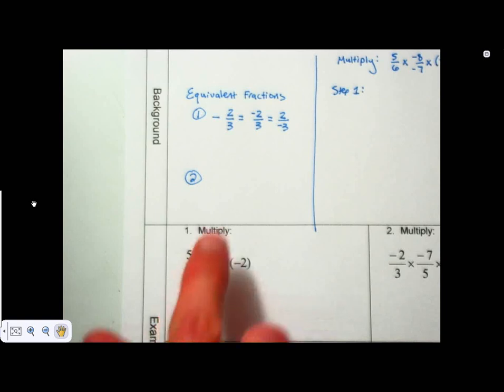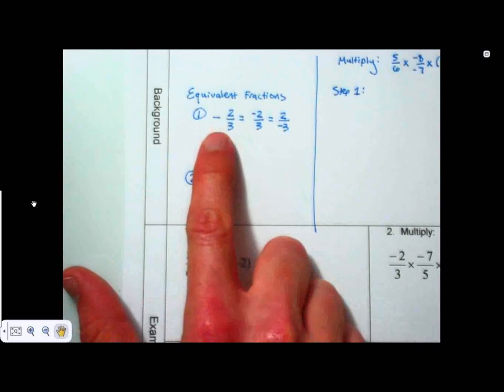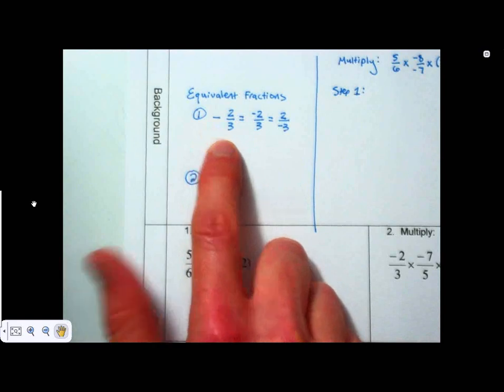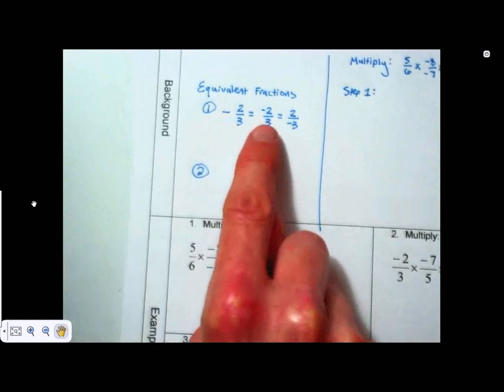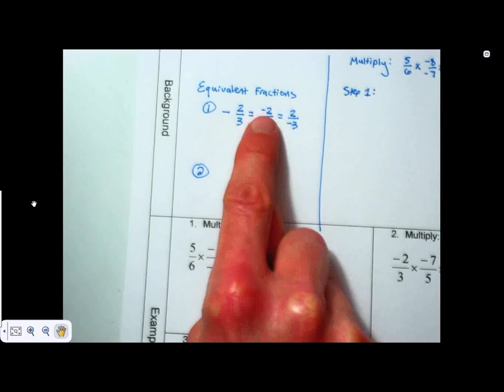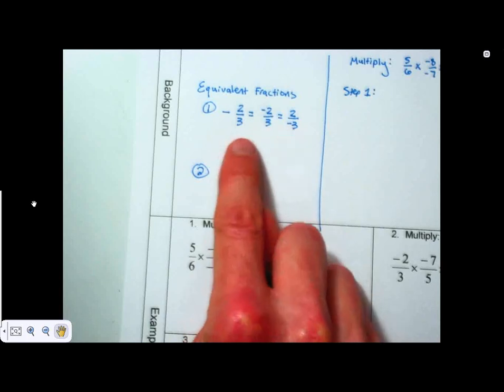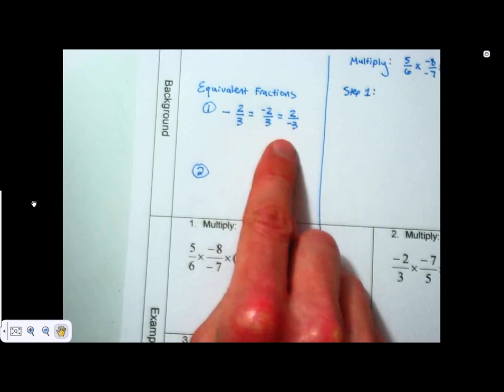So there are a variety of ways to indicate that a fraction is negative. One way is to have the negative sign out in front of the fraction. The other way is to have the actual negative sign in the numerator position, so along with the numerator number, in this case 2. And the third way is to have the negative sign with the denominator number, so in this case with the 3. All of these are equivalent, and if you want to know why, it has to do with our